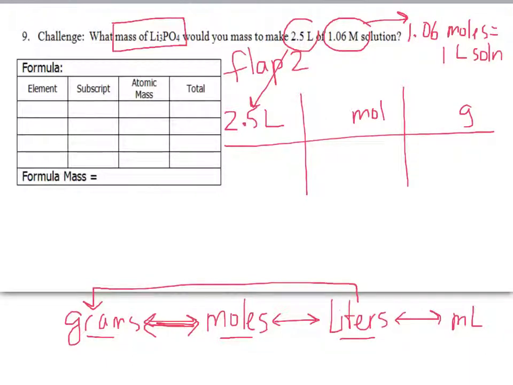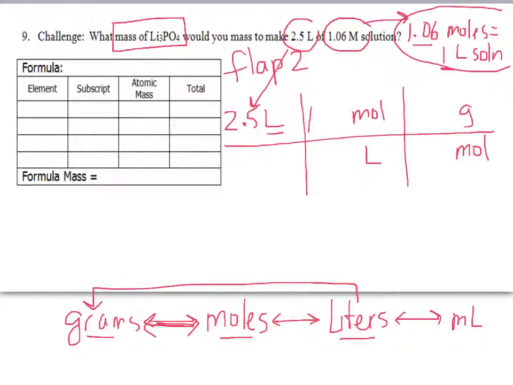We know our rules of dimensional analysis say if I have liters here, I have to have liters here to cancel. So I'm also going to cancel moles in the same way. To get from mole to liter, or actually from liter to mole, I'm going to use this conversion factor. And it says 1.06 with moles and 1 with